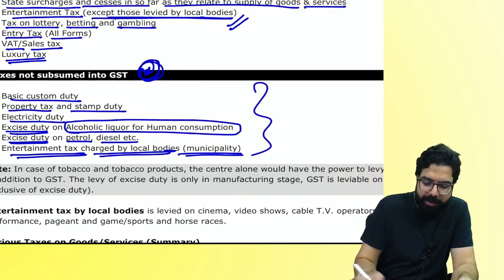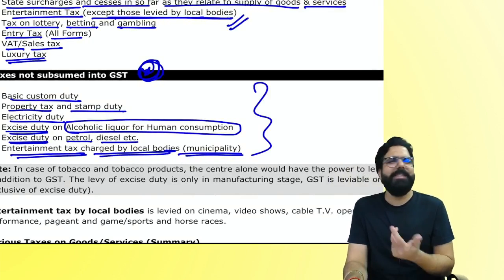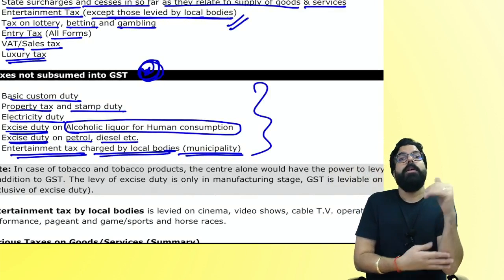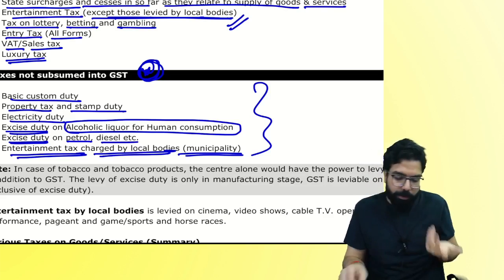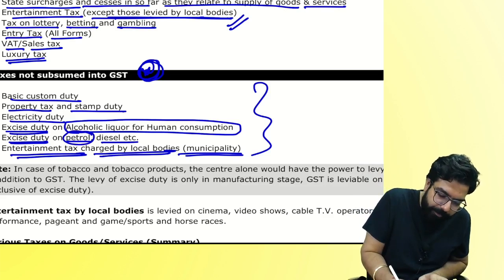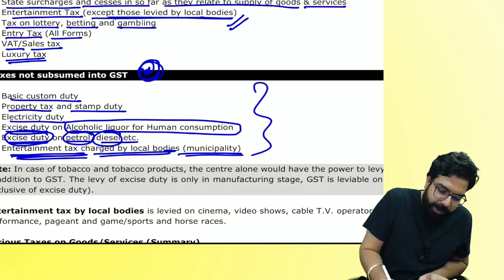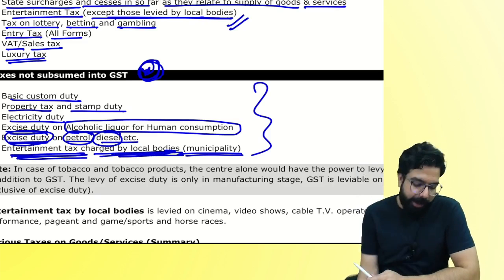So what are the taxes still continuing? Customs duty, property tax, stamp duty, then on alcohol, state excise duty, on tobacco central excise duty, on petrol and diesel, what, everyone? Central excise duty. And Baba, entertainment tax, the local bodies are going ahead and charging whatever entertainment tax was there, that will still continue. The next one over here is,